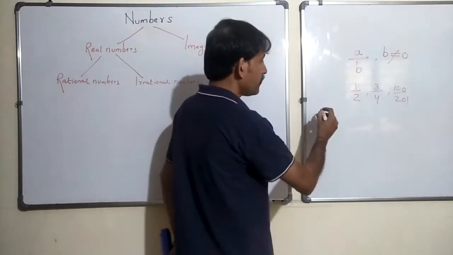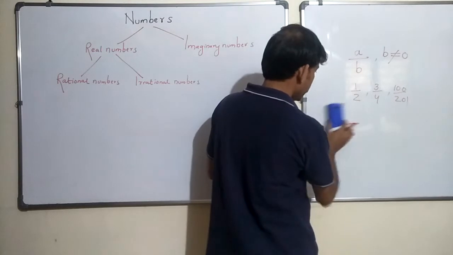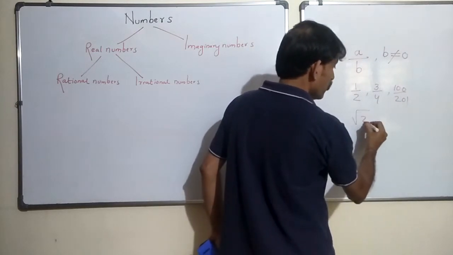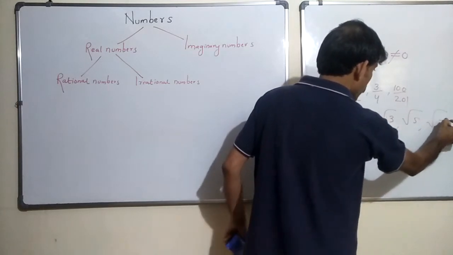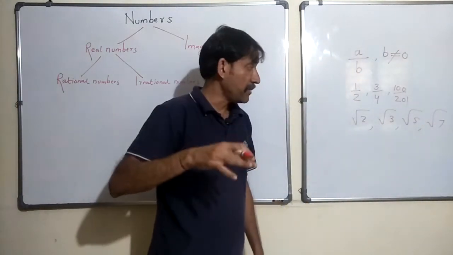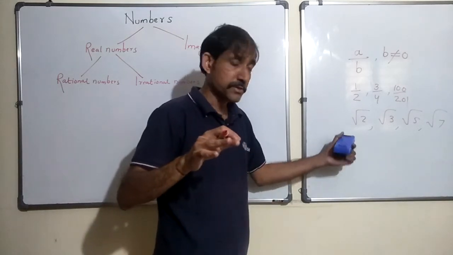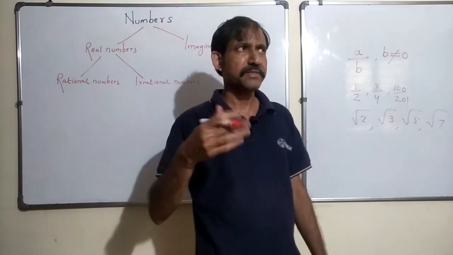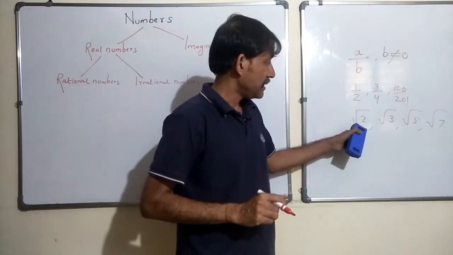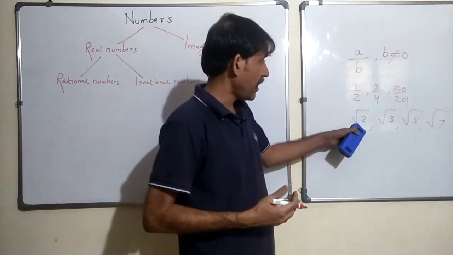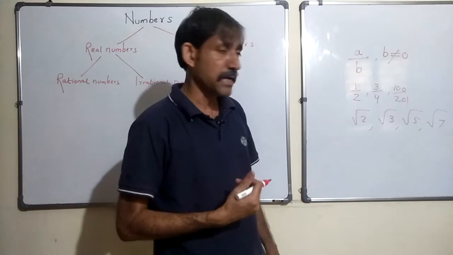For example, square root of 2 is irrational. Let me write it here. Square root of 2 or square root of 3 or square root of 5 and so on. If you are familiar with how to find the square root of these numbers, which you would have already studied in class 7 if I am not wrong, you would realize that the solution you find cannot be expressed in the form a by b. So they become irrational numbers.